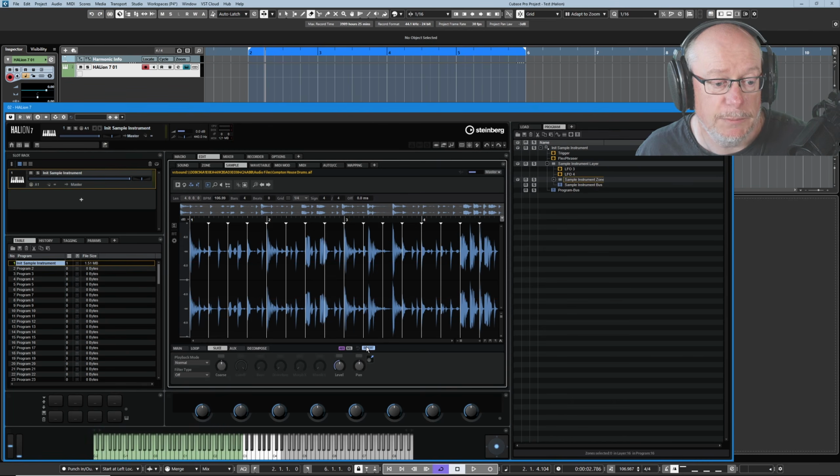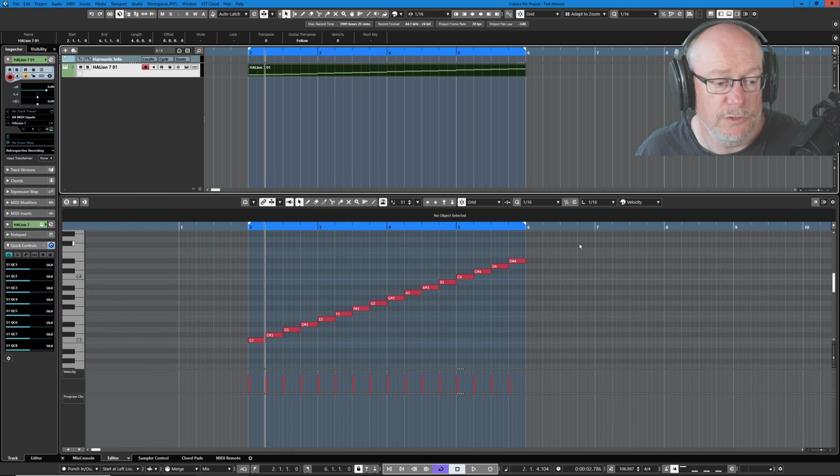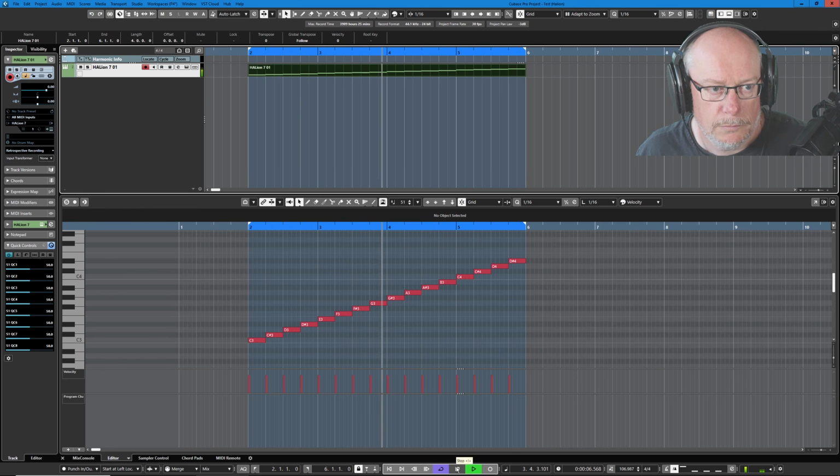Let's do a very quick demonstration of that. Click apply, drag the phrase up into Cubase, and sure enough, here are all of those quarter notes, and it will still play back absolutely fine. Of course it is, because we've still got one continuous set of data, but we want to do some editing